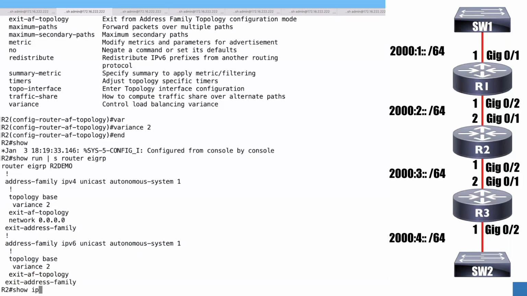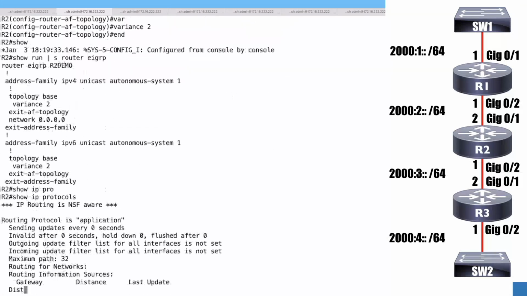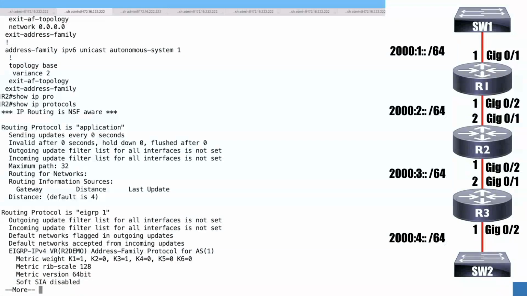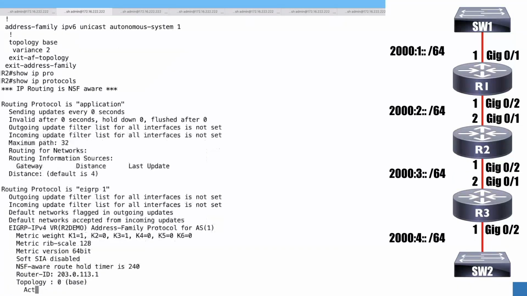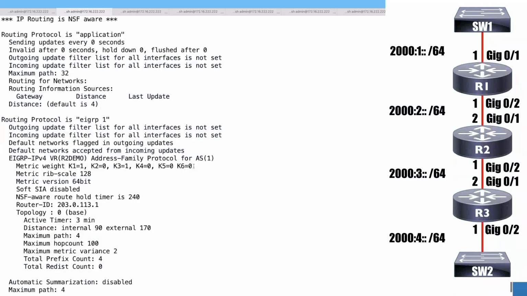I could do a show IP protocols command, and you're going to see some similar information, but something I wanted to point out here is we now have another K value. We've got a K6 value. This is going to allow us to support something called wide metrics. And this is probably what we want to start doing